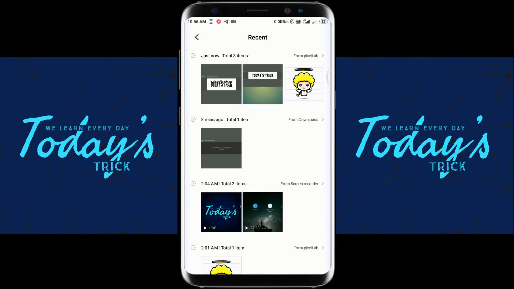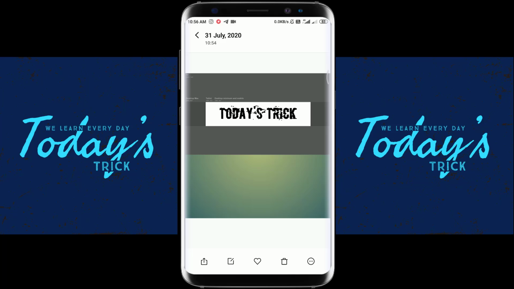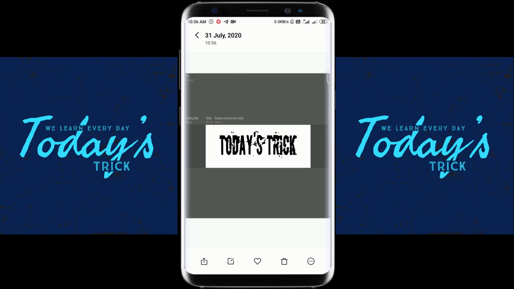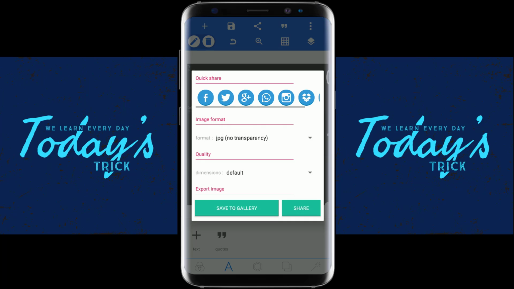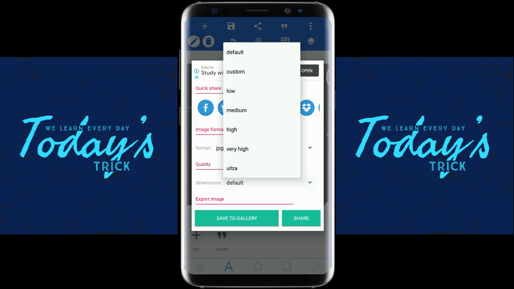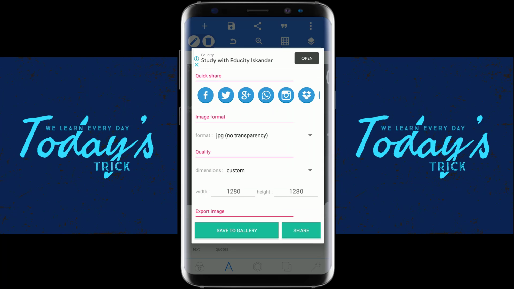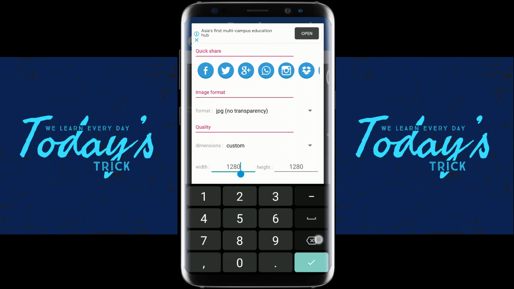In order to do so, look, these are the problems. If you don't get the full size image, you get an off background and the other one looks stretched. In order to solve this, what we have to do is just stretch the image to here, go to save as image. Now don't use default or ultra, go to custom. You can see I showed you in the gallery 1333 by 750. Just look at this here, 1333 by 750.